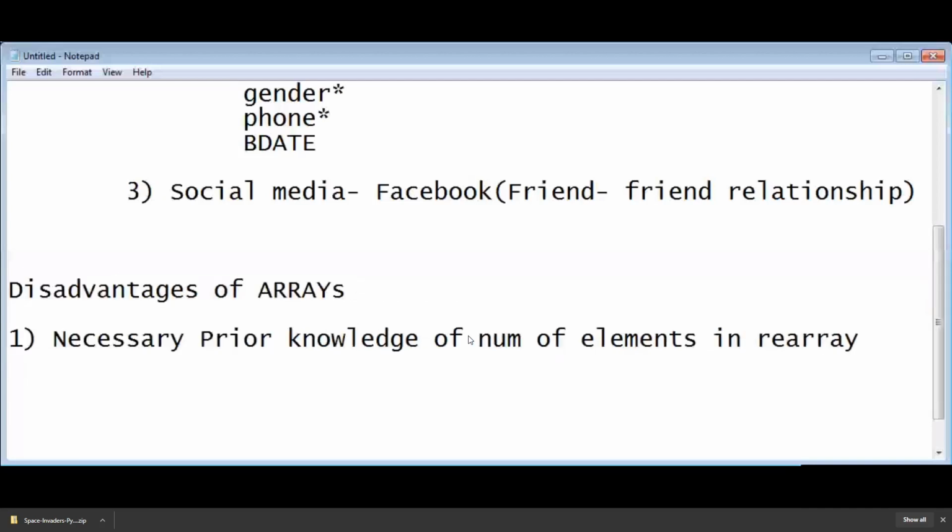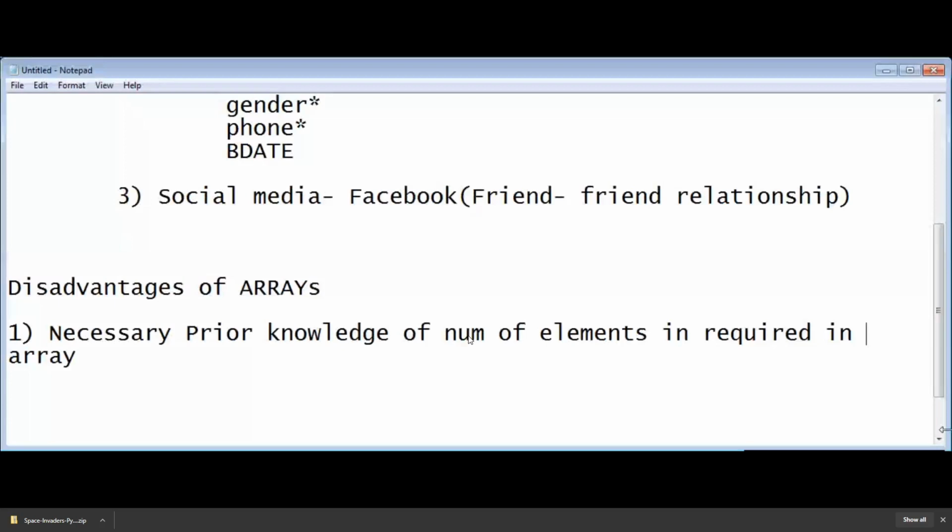This is my first disadvantage of array. For example, I must know the size of the array, like A of 5. It is necessary to know in advance how many elements you are going to store in the array.